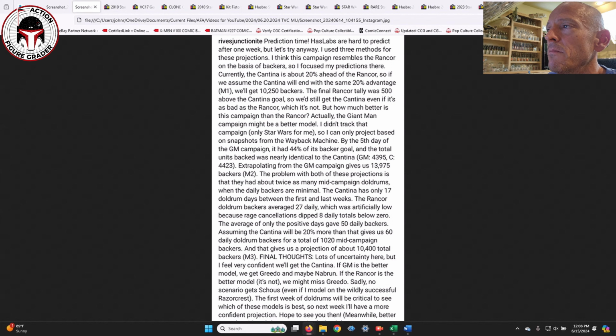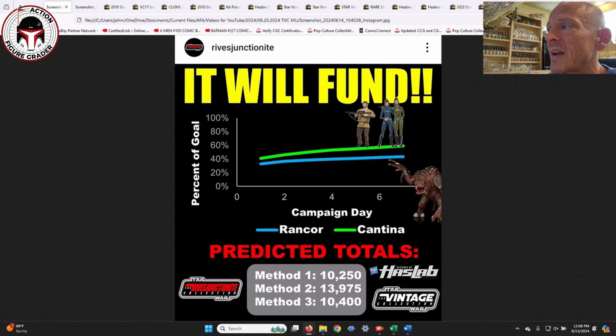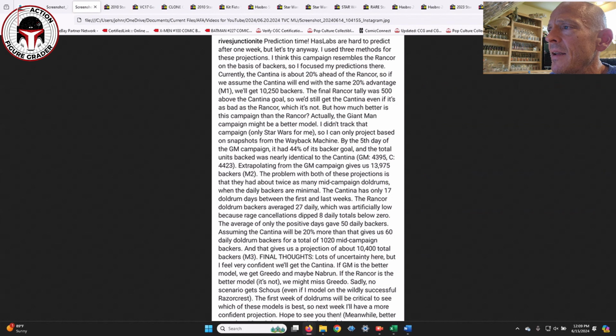But they looked at 3 different methods, and the first method was looking at the Rancor, the Black Series Rancor, which did not fund, but based on where things are right now, which is the green line, he compared it to the Rancor data, which was 20% less. And so if you follow and extrapolate how the Rancor did during the Haslab project versus how the Cantina did, and basically add 20% to all the totals, that gets you to 10,250. And then another campaign that they looked at was Giant Man, which is non-Star Wars related, but again, using Giant Man, and all of this wording that he puts together, that gets you to